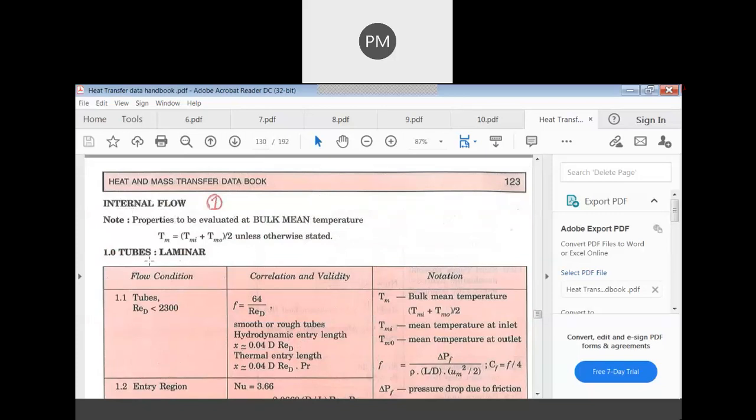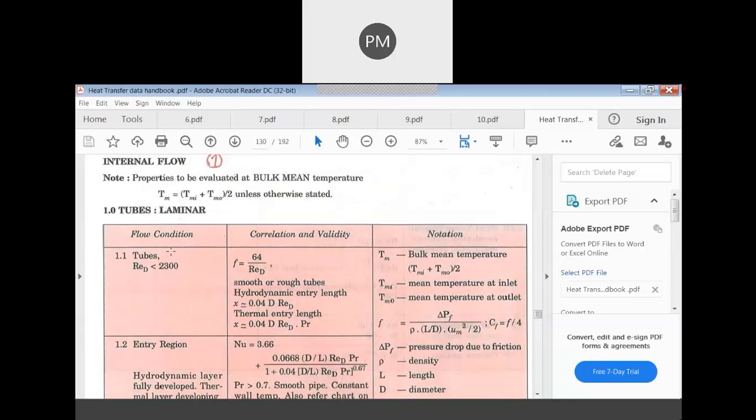First, again the property. If there is a fluid which is having an inlet temperature and exit temperature, we have to take the mean temperature of that fluid. What we have done earlier, we took the surface temperature of the flat plate and the temperature of the air flowing over the flat plate, and we took the mean temperature. Similarly here also, whenever you want to find the properties of the fluid, you have to take the mean temperature. Mean temperature here means the inlet temperature and exit temperature of the fluid. You have to take the properties at that.